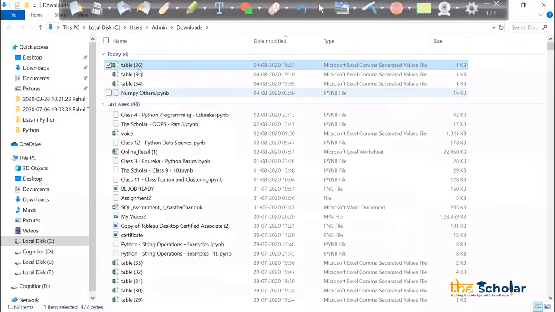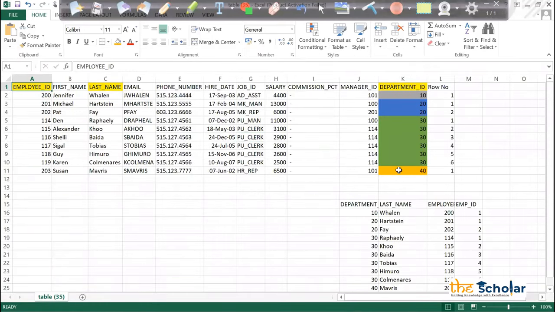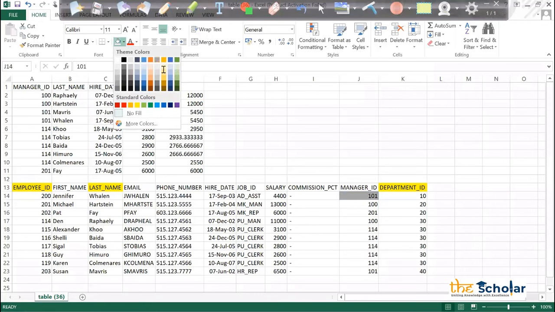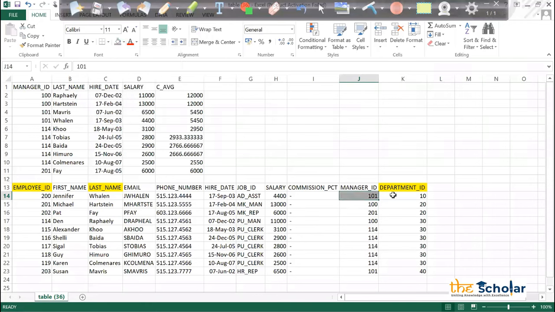Let me take the original data, which is this one. I'll just copy this, so I'll break this data into a table like in Excel and we'll try to understand the logic behind it. Now here my main concerned column is manager ID. Department ID is not what we are partitioning on; we are partitioning on the manager ID, which is this. So this is one of the managers, which is 101. 101 we have here as well. Two employees belong to 101.